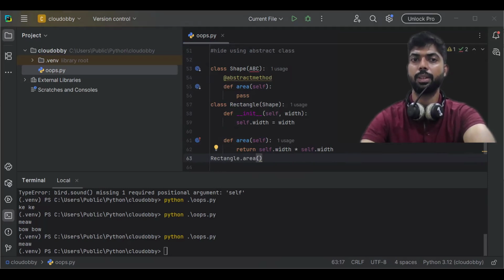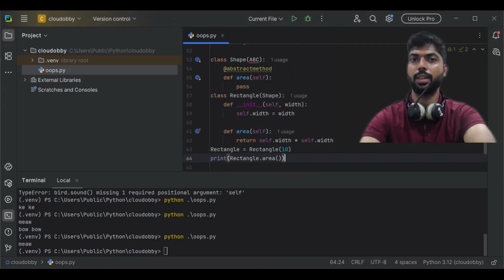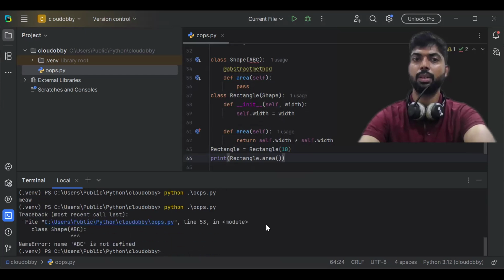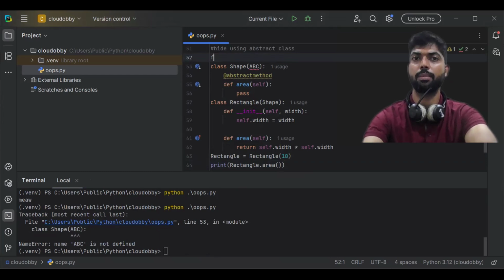So before that, what we can do is set rectangle equal to Rectangle(10), just a number, and print rectangle area. Sorry, print rectangle area. So now what happened? ABC is undefined. So we have to add one line: from abc import